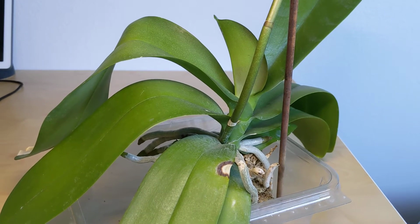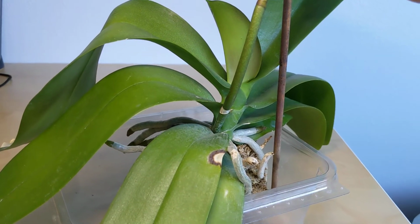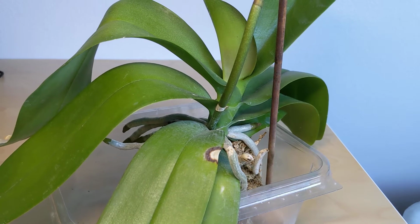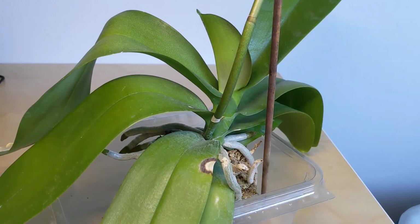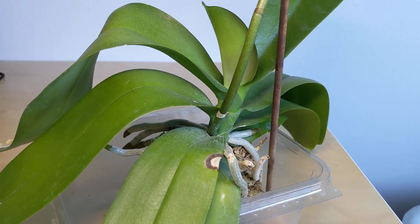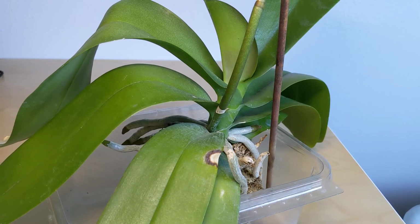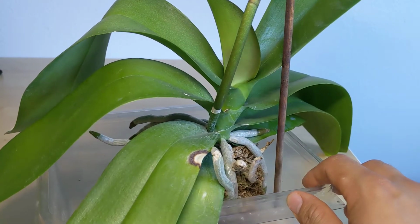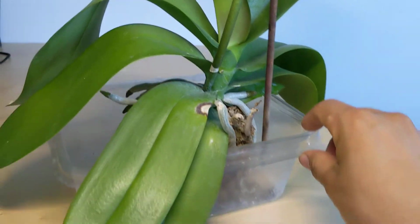It's been a few months now since I took this orchid out of its pot. I was planning on getting rid of the sphagnum moss, but in the middle of the day, once I go to work, the room that I stay in is actually quite warm, and I was really worried that the orchid would dry up. So I didn't take out the sphagnum moss, as you can see, and then I leave it on